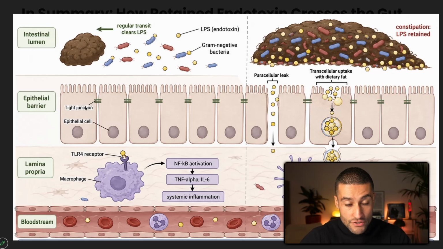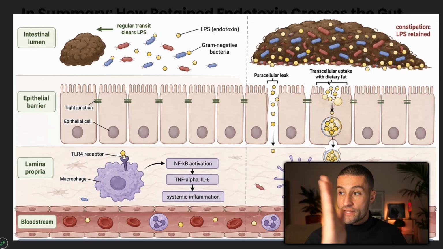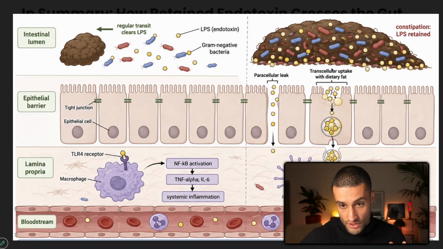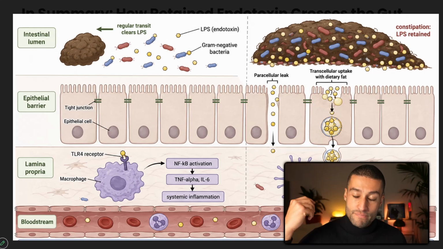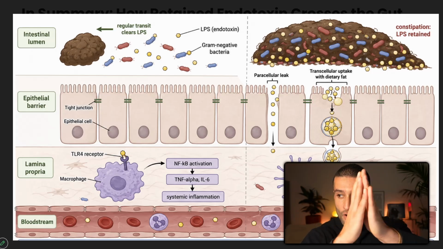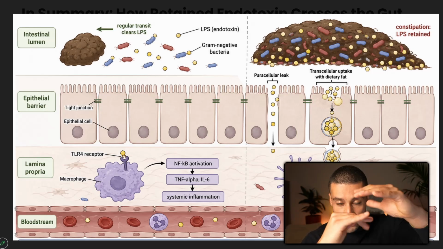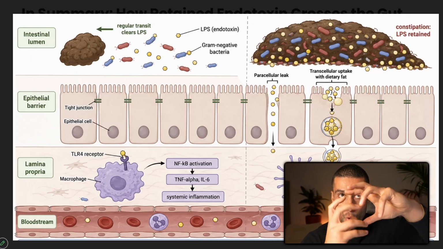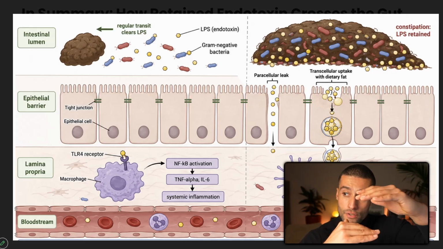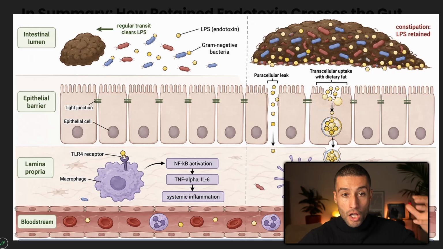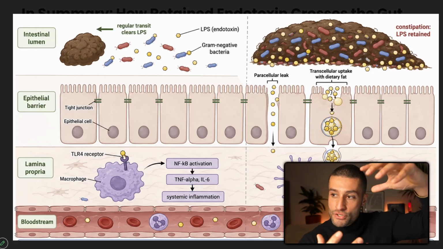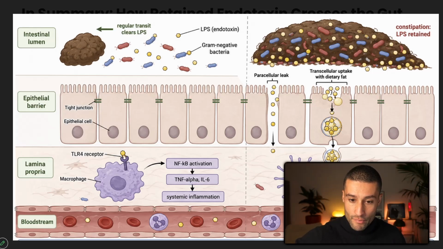to cross into the middle panel, which is the epithelial barrier. And it has two main forms of transportation, the paracellular, which is between the actual epithelial cells themselves. The tight junctions, which are in the green, open up. And this is particularly more prominent in people with gut issues, with intestinal permeability, which is a description of these tight junction proteins being more dysfunctional. They open up for too long and they don't close back up. A lot of the byproducts of food compounds can get through into the lamina propria and then the